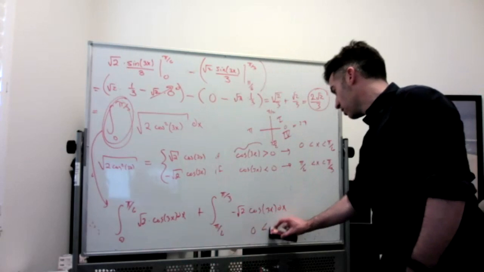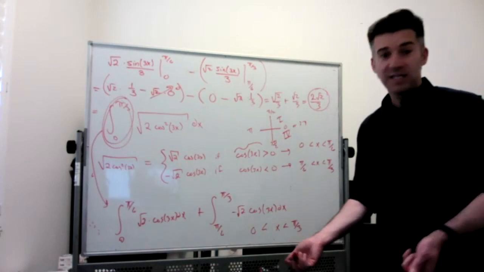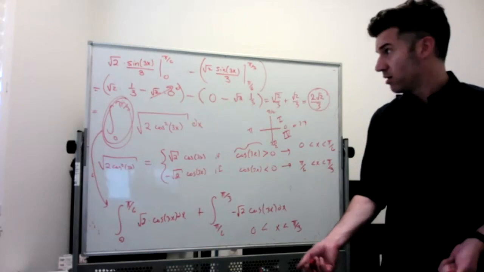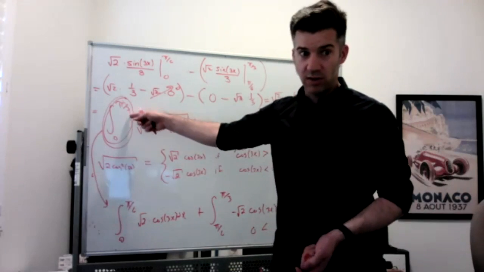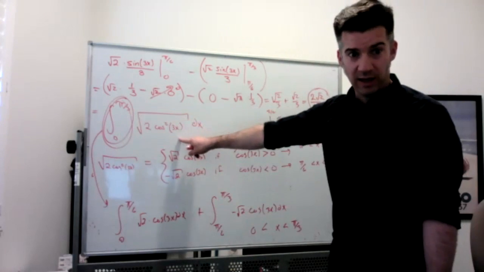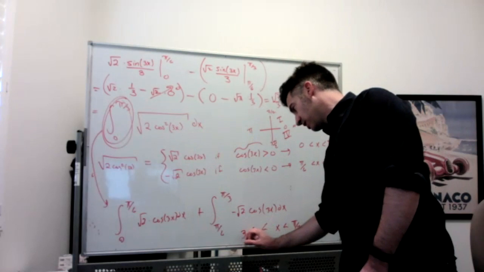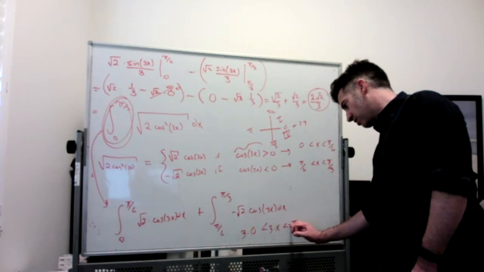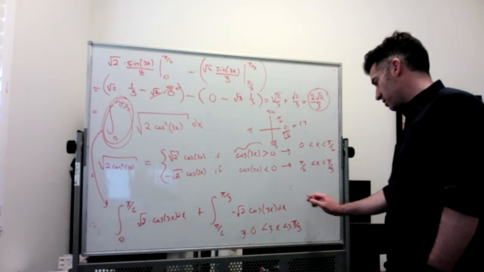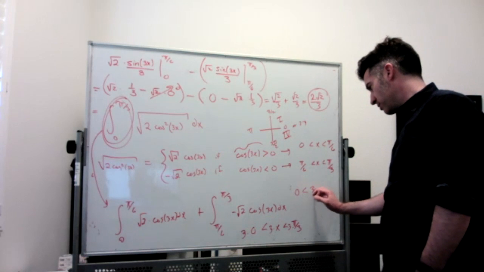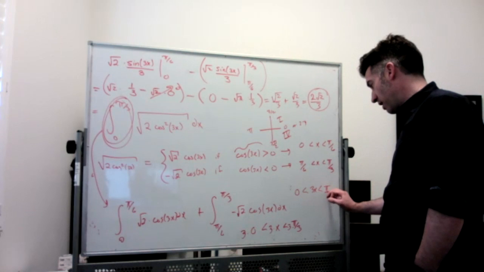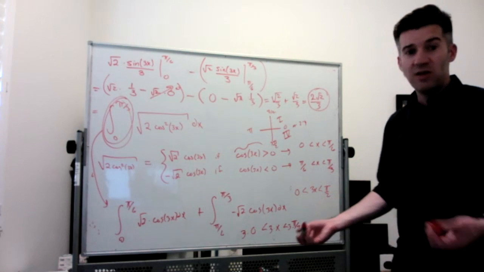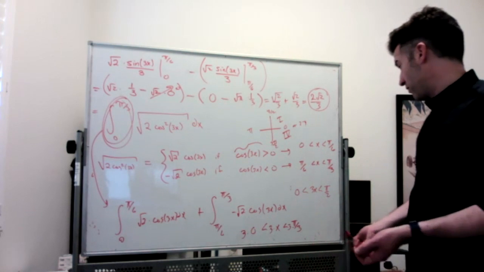Apologies. What I should really be saying is x is between 0 and pi over 3. Right? These are x limits of integration. But my angle is 3x. So I really have 3 times 0 is less than 3 times x is less than 3 times pi over 3. So that my angle is between 0 and pi over 2. So then knowing that my angle is between 0 and pi over 2,